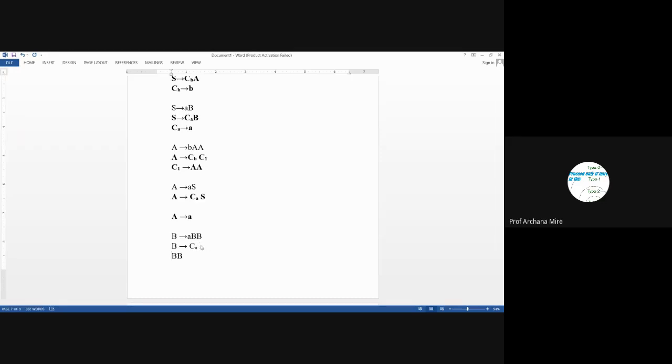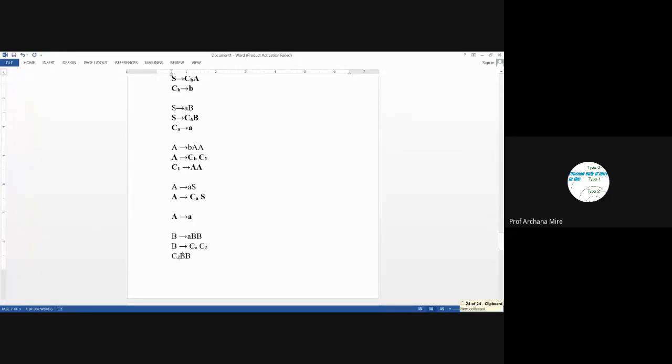So we will be shifting BB here, and in place of BB we will be inserting a new non-terminal, that is C2. Since C1 we have already used, we will need to insert C2 here, and we will need to insert the corresponding production rule, that is C2 leads to BB.